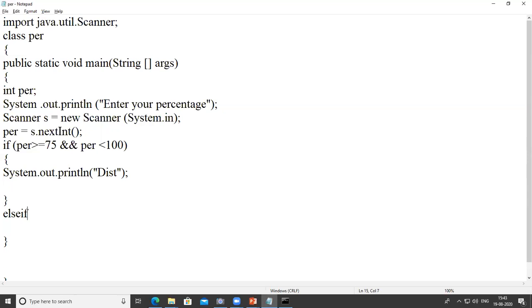Next we use else if: percentage is greater than or equal to 60 and percentage is less than 75, then we give the message "first class".